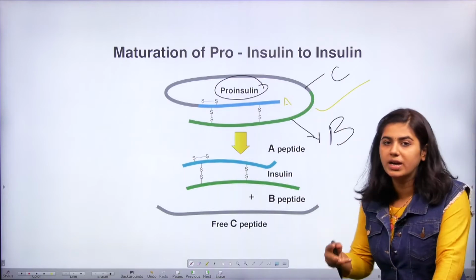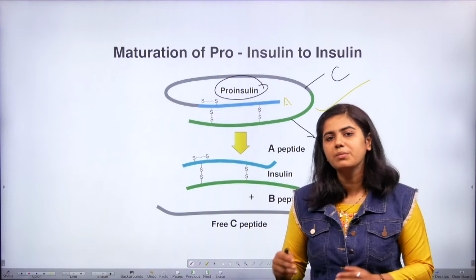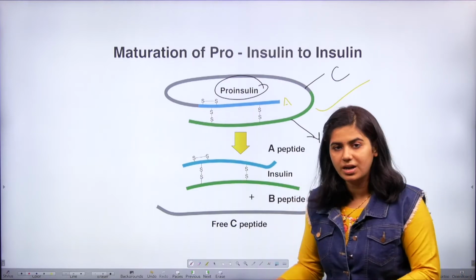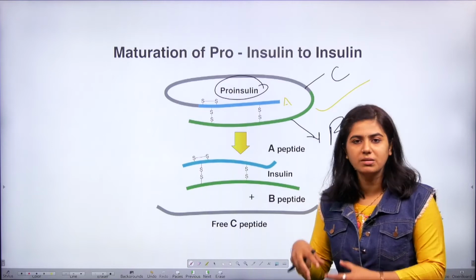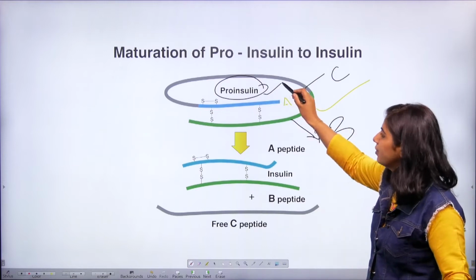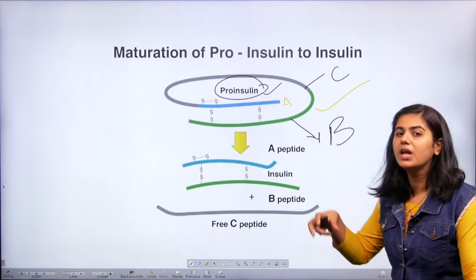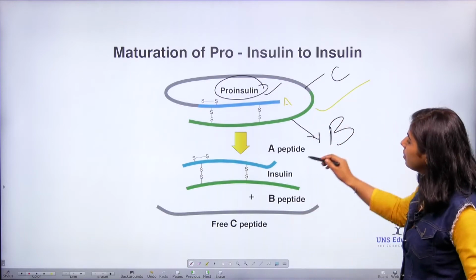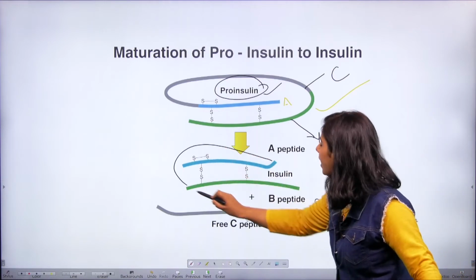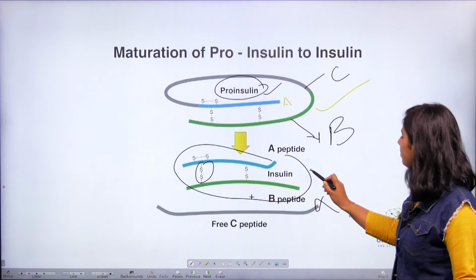This is called pro-insulin. Pro-insulin means this is not the active form of the insulin, so it has to undergo splicing. Splicing is nothing but cutting down the protein and making it functional. You know how protein is made from DNA and RNA. The ribosome will come and read the RNA and the proteins are produced. Like that, pro-insulin is produced. Now the pro-insulin has to undergo splicing to get a functional insulin. When it undergoes splicing, the C peptide is removed and both A peptide and B peptide are connected with disulfide bond and it will become active